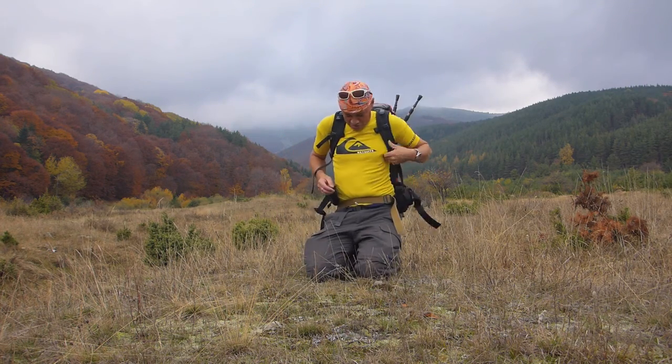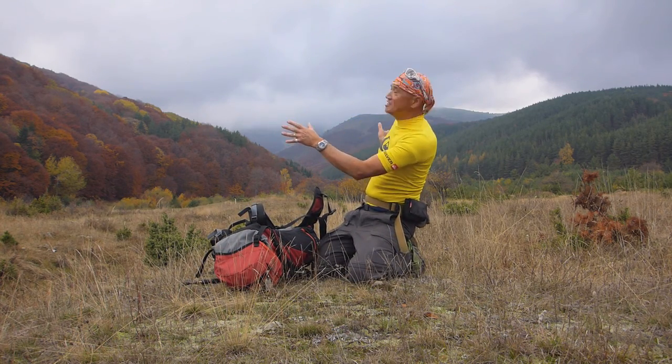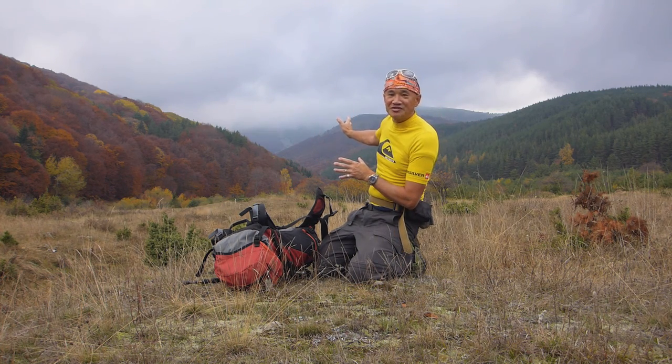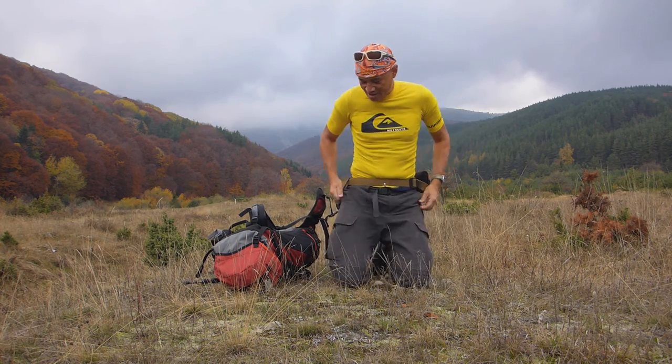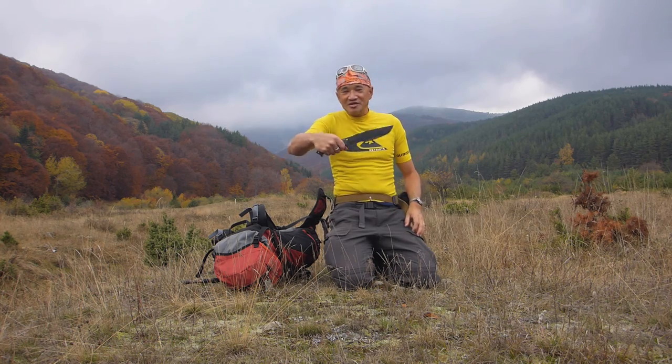First of all, let me get rid of this pack. Right, so as you can see, we're up in the mountains here. Absolutely stunning scenery. We've got the clouds coming down on the top of the mountains there, and these autumn colors, really, really nice. And what's great is, I've got out with me again here in the wilds, this big knife